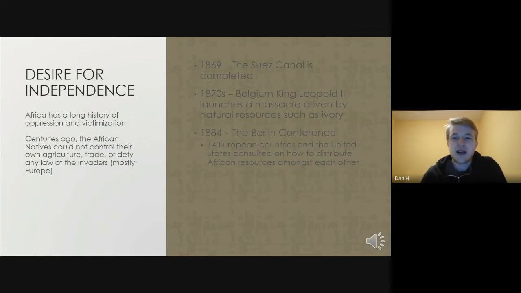We went as far back as 1869 because of the Suez Canal, which Egypt decided to build to connect the Mediterranean Sea to the Red Sea, which created a gateway between the north and the east, which connected to the south. And that is a very big situation because it's 120 miles long. And if you can overlook the 10 years of slave labor that built the Suez Canal, then you can look